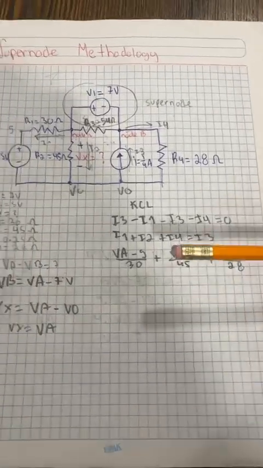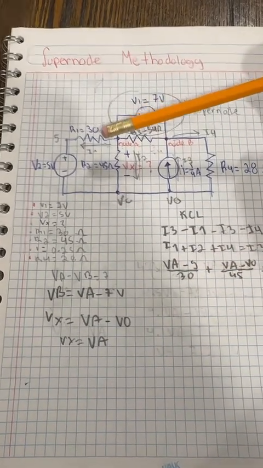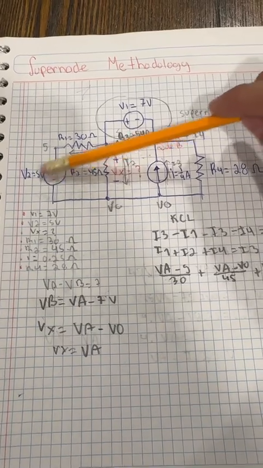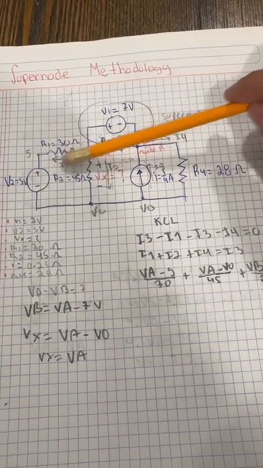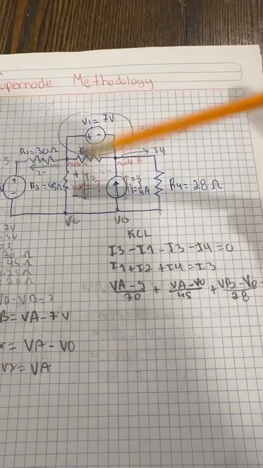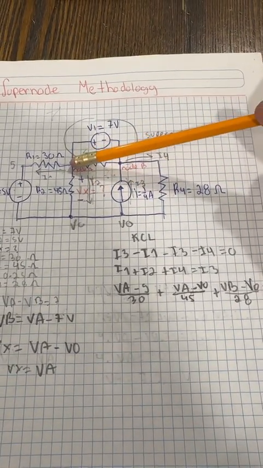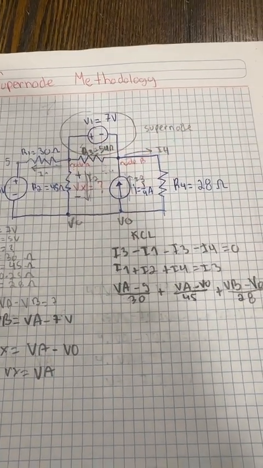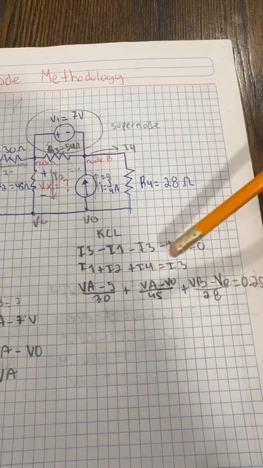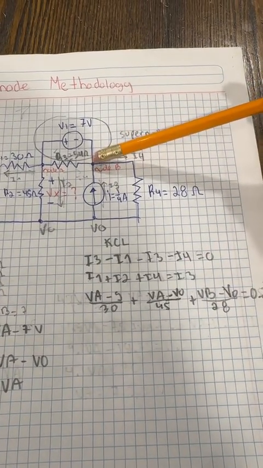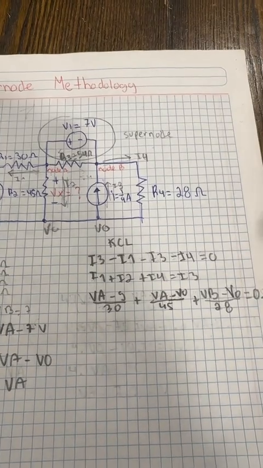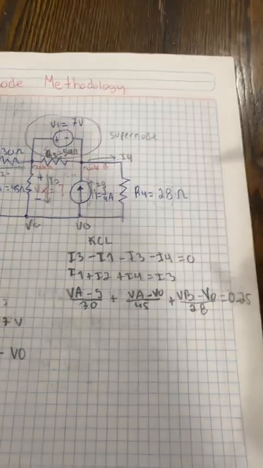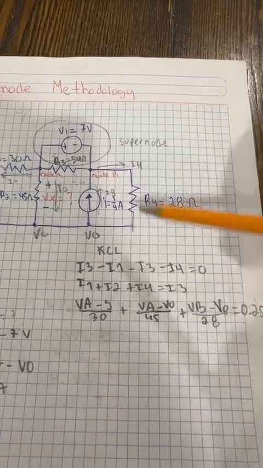So then we define our currents. As we can see in the current 1, we have the VA, that is our node A, minus the voltage 2 that is already defined, that is 5 volts, divided by our resistance, that is 30. For our current 2, we have that it is equal to VA minus V0, that is 0, divided by our resistance, that is 45. And we have our current 4, that is VB minus V0, that is the ground, divided by our defined resistance, that is 28. And this is equal to the current 3 that is already defined, that is